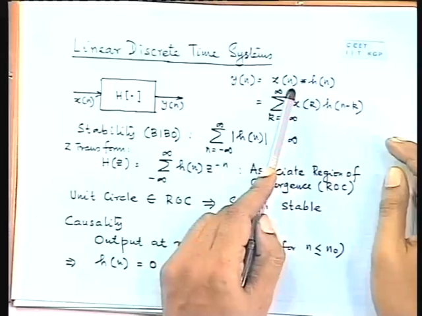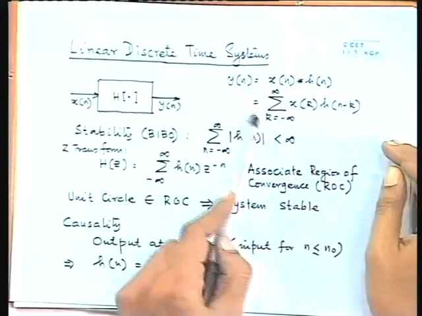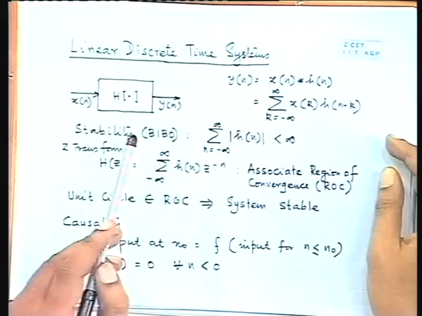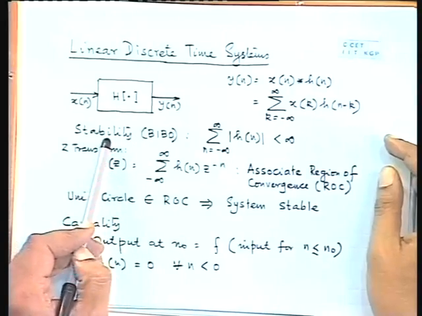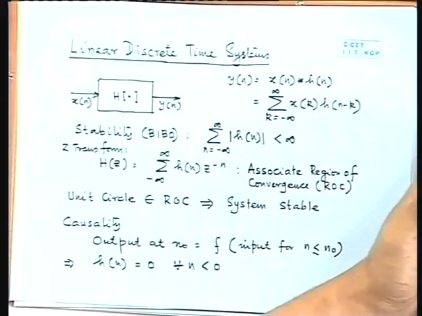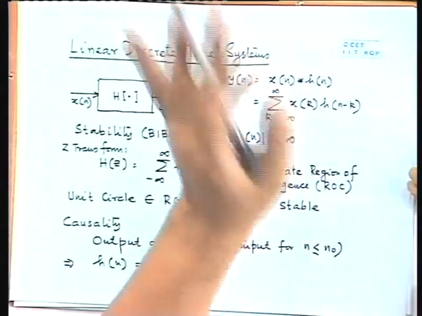So we know these results. Again we know that y[n] will be obtained by a convolution of x[n] and h[n], which is defined like this. Now obviously we are going to be concerned about things like stability, because if something goes unbounded, it is generally of no use. Either it is dangerous or it is of no use.